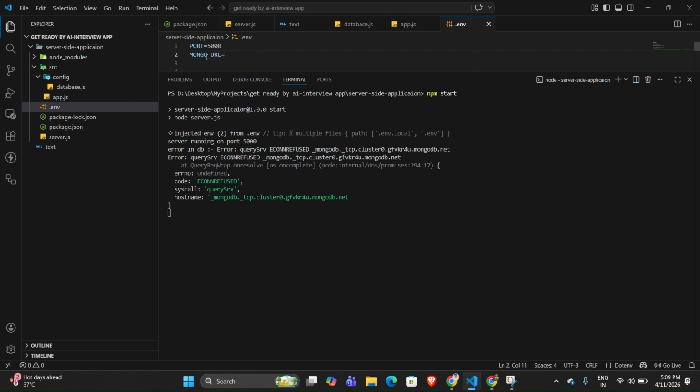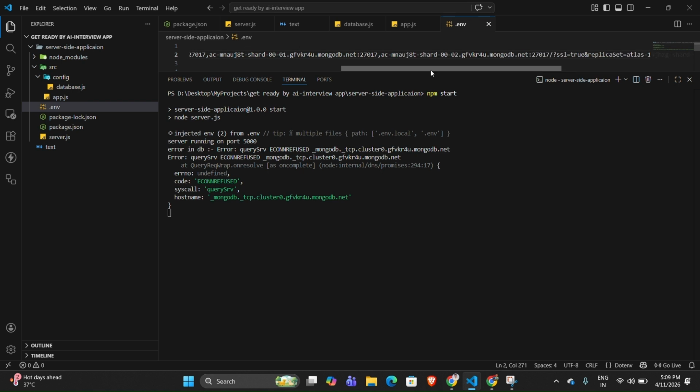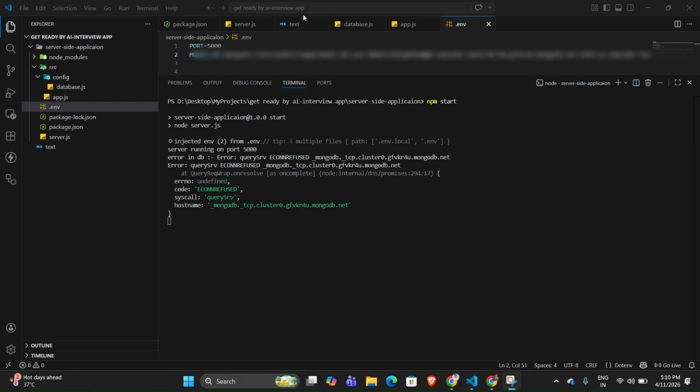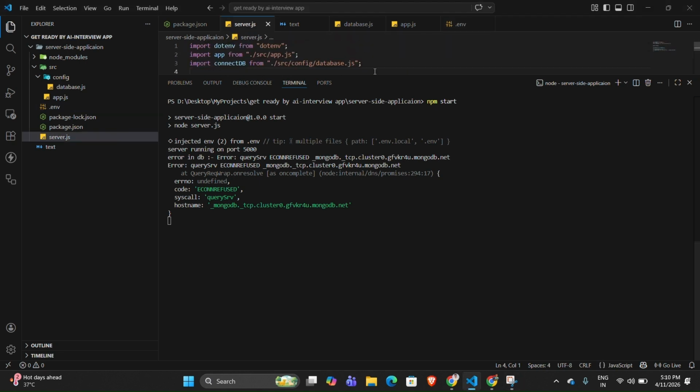Now copy and paste it in your .env file. You will see this is my .env file. Here let me paste this connection string. Now you also have to change your username and password, which you got when you created the project in MongoDB. So let me replace these things. You will see this blur effect because I filled in all the details, so I blurred it. Now just simply run your project. Let me show you.